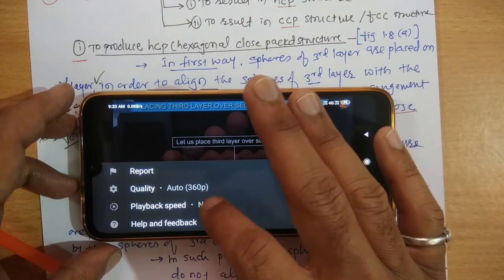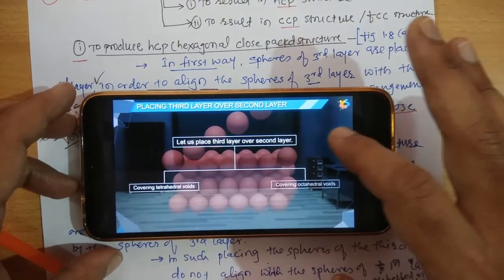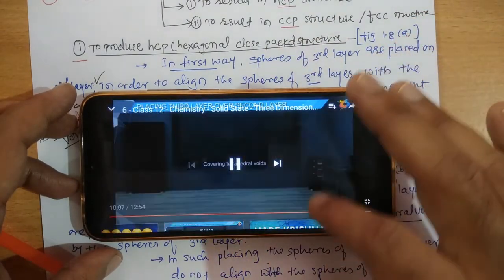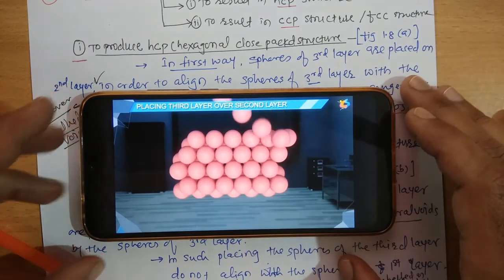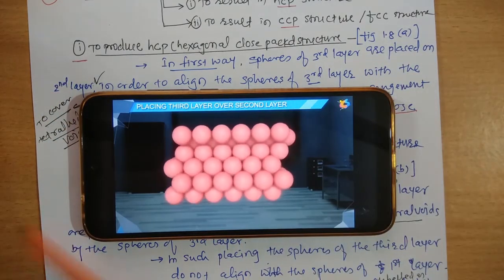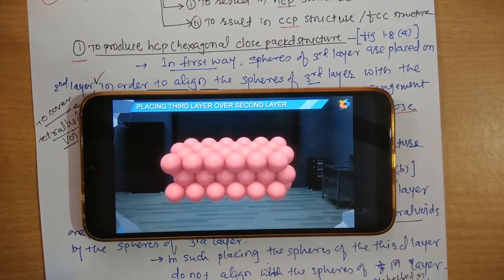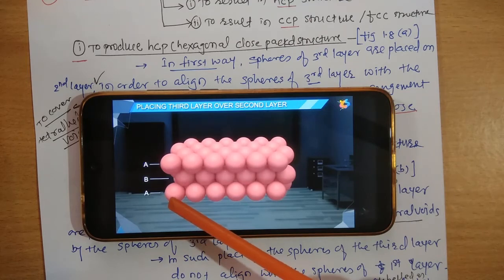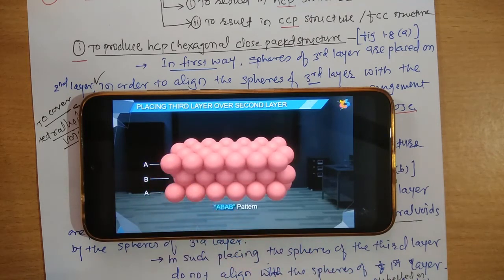Placing of the third layer over the second layer to cover the tetrahedral voids. To cover the tetrahedral voids, the bottom layer, that is the first, coincides with the third one, that's why it is AB type of pattern.